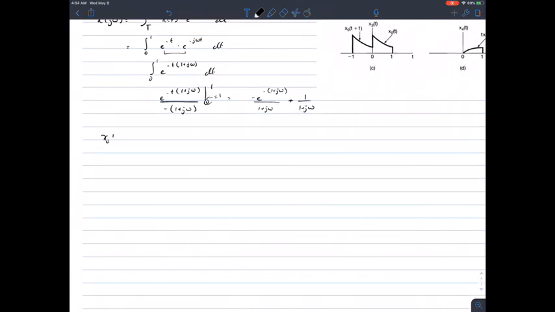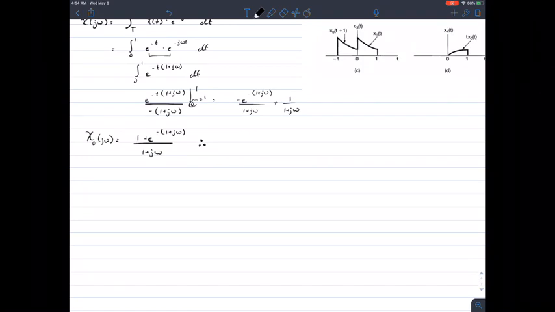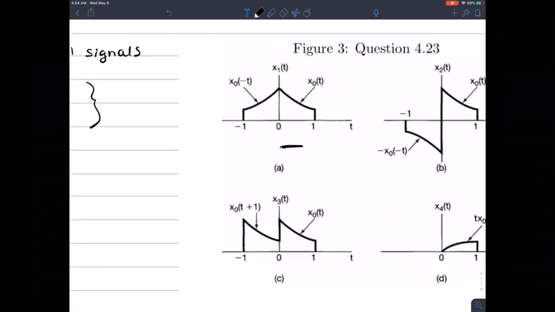So technically it should be big X naught of j omega is equal to 1 minus e to the negative 1 plus j omega, all over 1 plus j omega. Alright, so that's our original x naught of t, or x naught of j omega. Okay, so this first one, A,